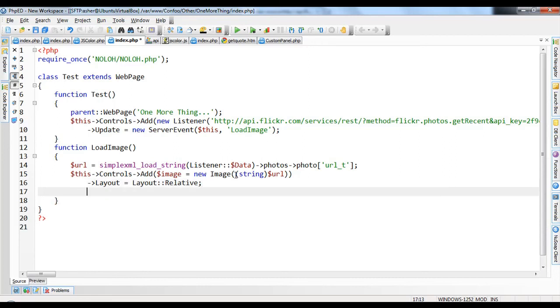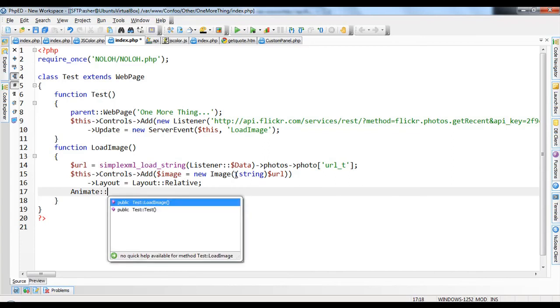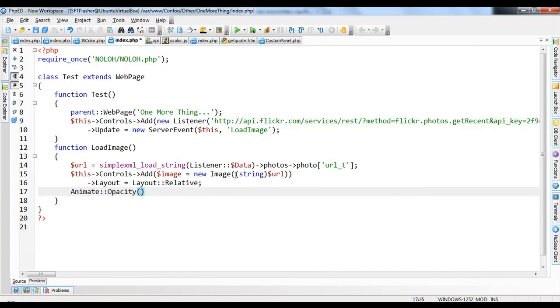And just for fun, we're going to say that after that we're going to animate the opacity. Earlier I didn't mention this, but you can animate anything you want, the opacity, the scroll bar, or even custom properties. So we're going to animate the opacity of the image to something we call oblivion.